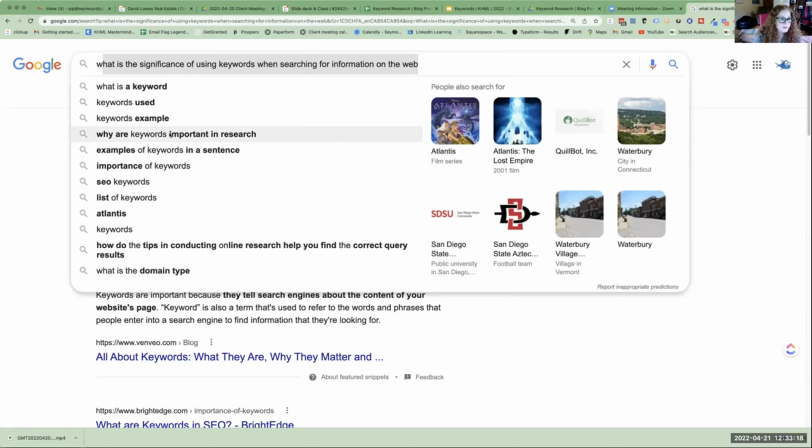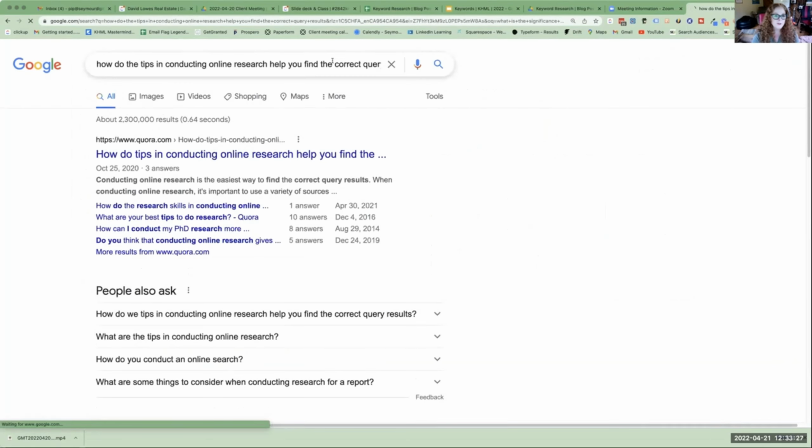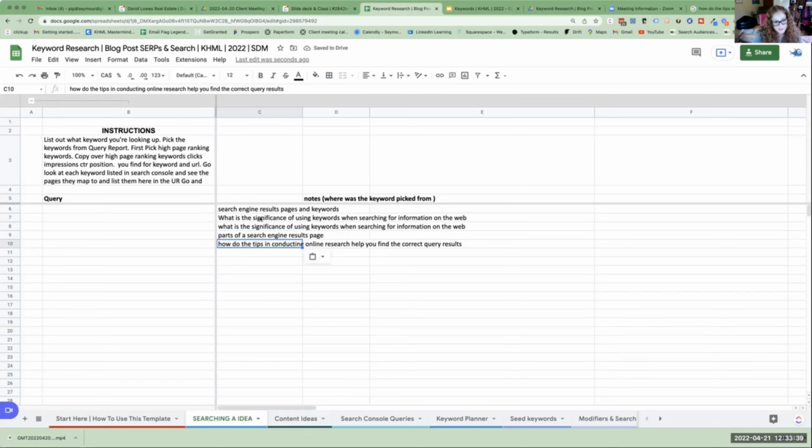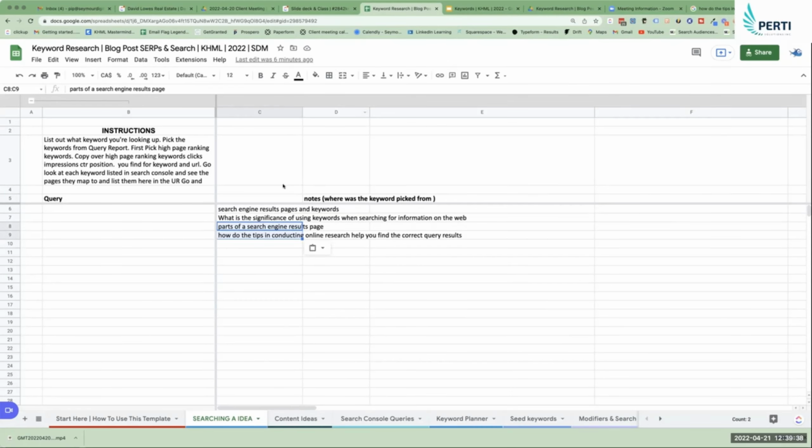Why are keywords important in research? How do the tips in conducting online research help you find the correct query result? That's interesting. Then I'm going to go get that one. And I'm going to just create a list. Now I'm going to have a bunch of keywords. It looks like I have 4 keywords here. Okay. And we're going to take these words and we're going to go look in the Google Keyword Planner, and we're going to go look in Google Trends to see if